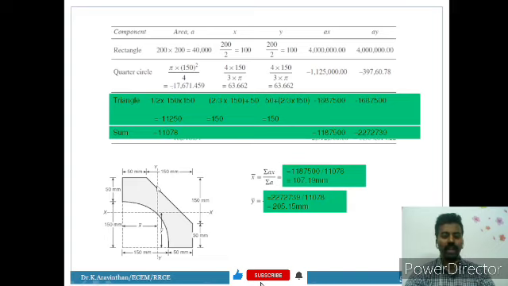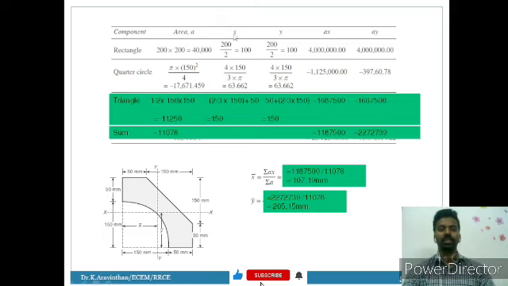Next, you have a right angle triangle which is a hollow part. If you want to find its area, it is half B H. What is the base? The base is 150, the height is 150, so half B into H. You will get the answer. Finally, you have to subtract the values of the quarter circle and the triangle from the square. So if you eliminate the two components from the square, you will get the area of this complicated component, that is the total area 11078.